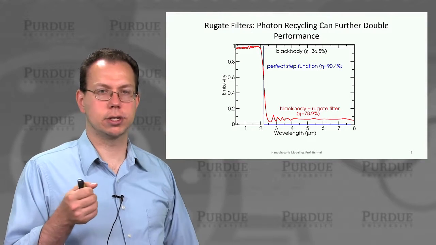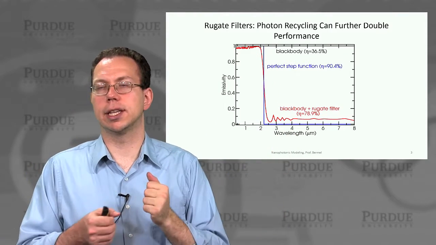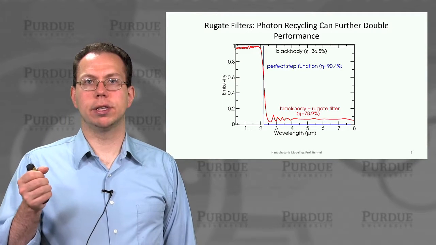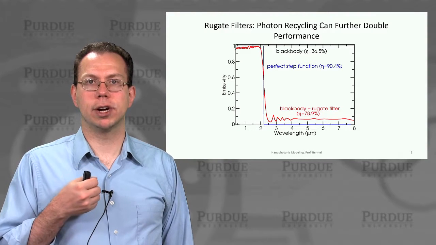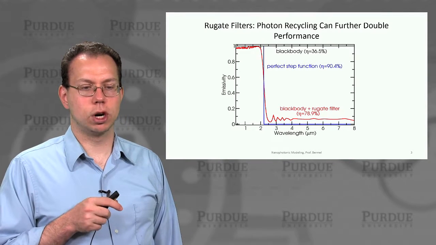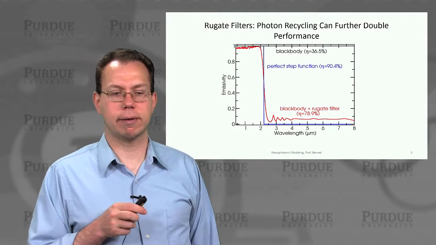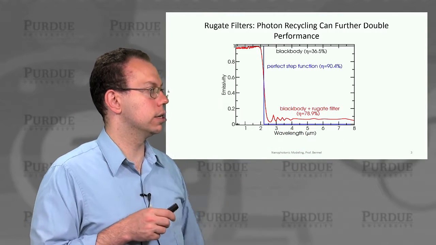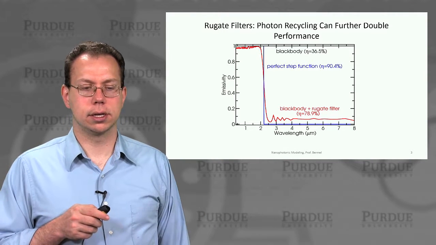relatively high temperatures, especially where you have emission of photons that have almost too much energy, which is then lost in the photovoltaic cell. And then if you try to combine a black body with what's called a Rugate filter, which is a very high performance filter and has been demonstrated this year in Nature Energy by a group from MIT, then you can actually get more than a doubling of efficiency. So it's not quite as high as the 90% from the perfect step function, but it is kind of approaching the performance. But you still do have this residual background on the order of 5% emission, or absorption, if you will, at those longer wavelengths.